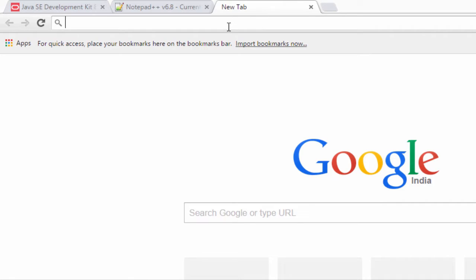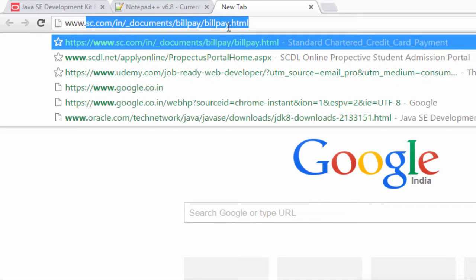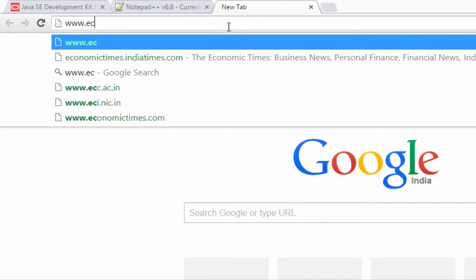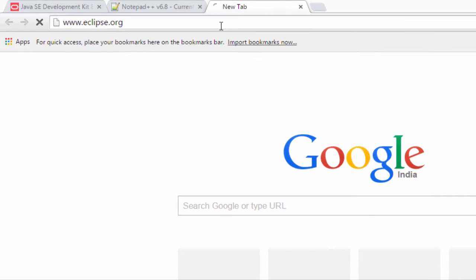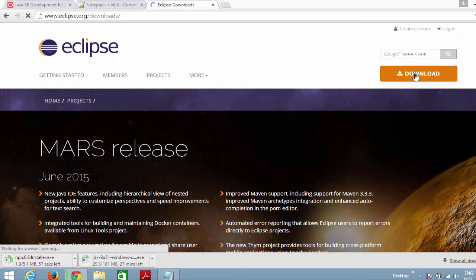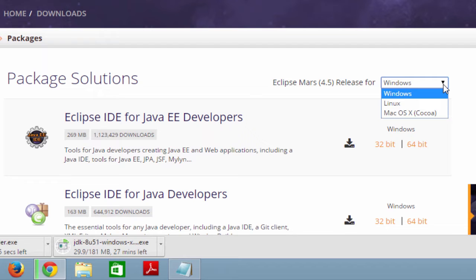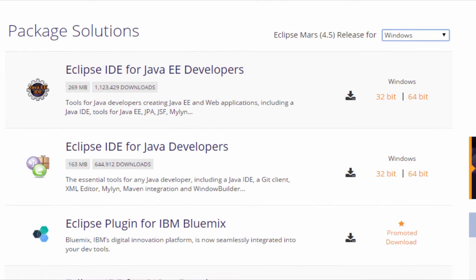Now let us move ahead and download Eclipse as well. In the address bar, type www.eclipse.org. Click on the download link. Depending on your operating system type, you can change the drop down. In my case, it is Windows, so I'm keeping the default selection.